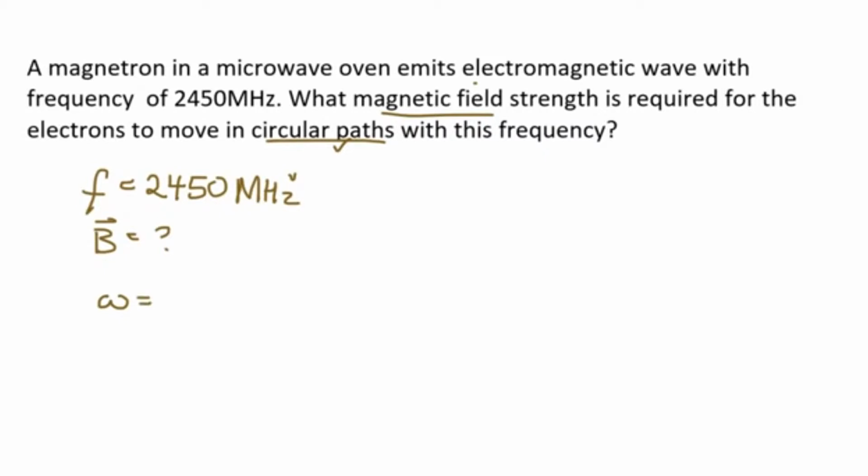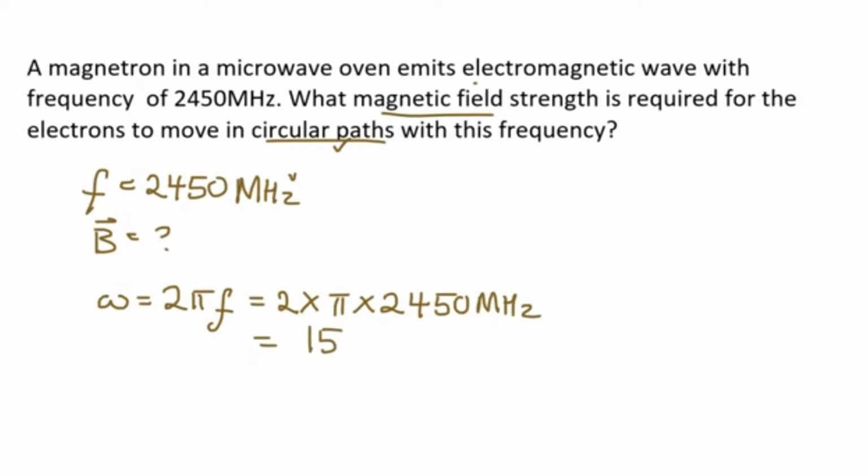To determine the angular frequency, we multiply 2 by pi and the frequency that is given. So we get 2 times pi, where pi is 3.14, multiplied by 2450 megahertz. Punching it into the calculator, we get around 15,393.804